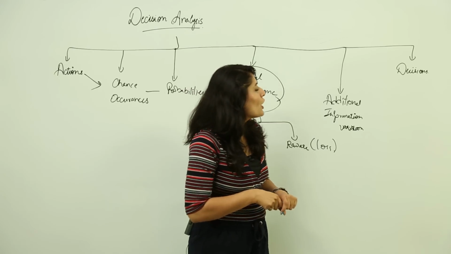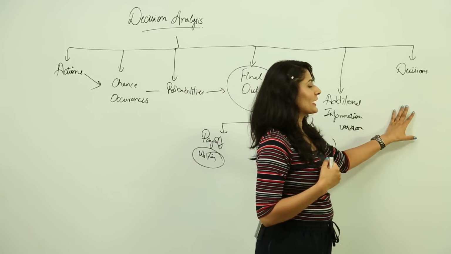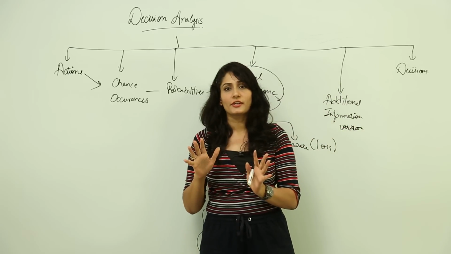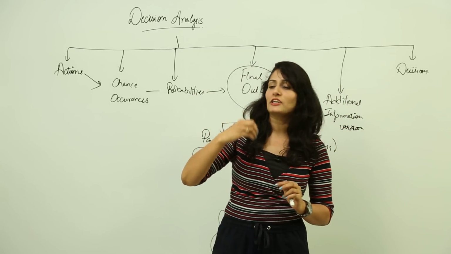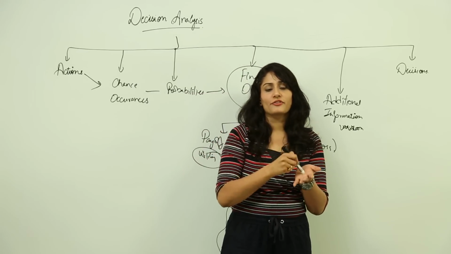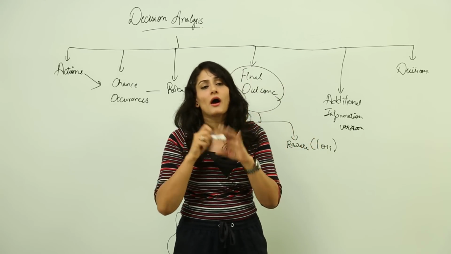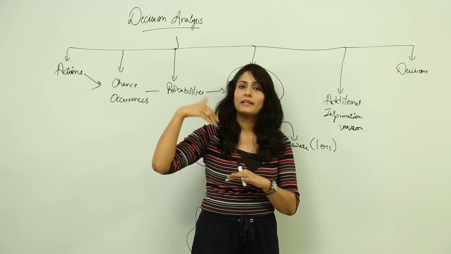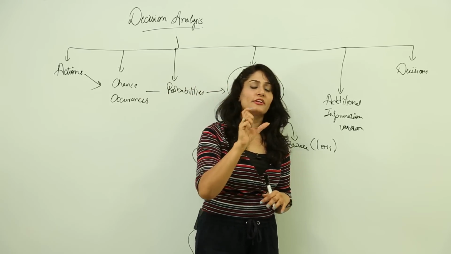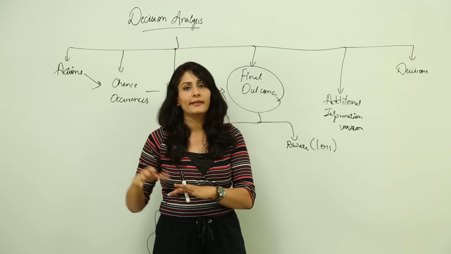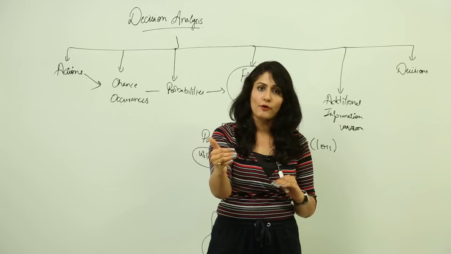Okay, let me explain. For example, I am a product manager, and my product is ready, and I have lab tested it, and I then market it, right? So my decision to market it has gone straight to the final payoff. Whether it would be successful or not is another story, but my decision was to market it. It did not lead to any other decision point. It was my decision to final payoff.